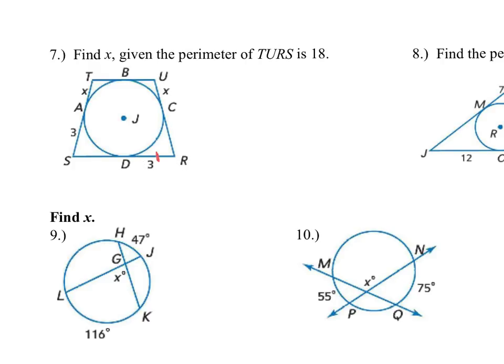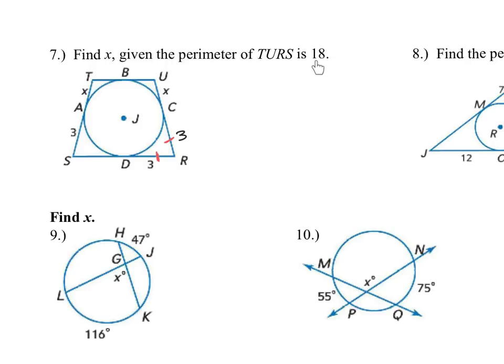So this segment is congruent to that segment. So in other words, segment RC is 3 because segment RD is 3. They're two tangents, or two segments tangent to a circle from the same exterior point. All right, so the directions ask us to find x, and then find x given that the perimeter of this